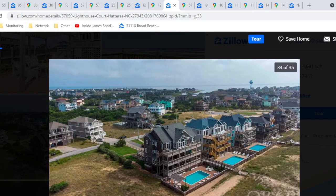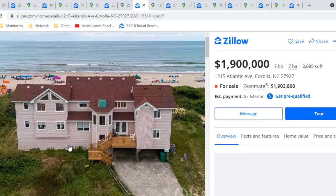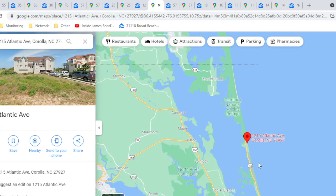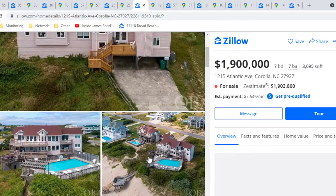So compared to some of these other ones, you say $2 million, or it's not even $2 million. So you get good money value for that. Moving on. This one just kind of doesn't look as nice. The vinyl siding, I don't know, and the beach looks really crowded. It is located way up here though, so it is a nice beach, but it's south of some of those other guys. So it's like the high point of where